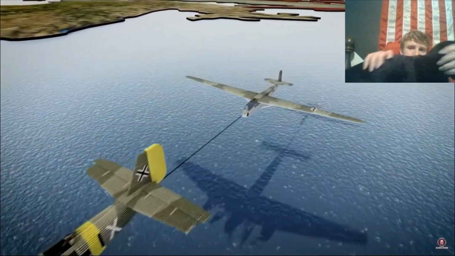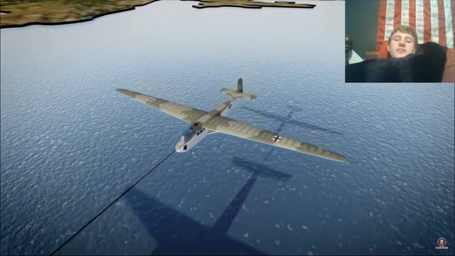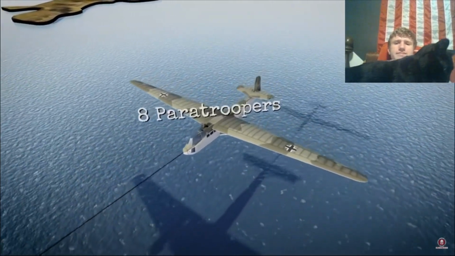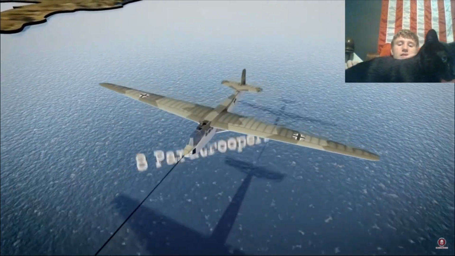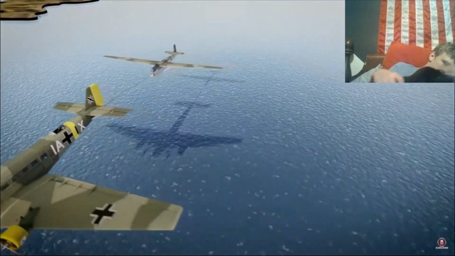The DFS-230 was a glider with a speed of about 100 to 120 miles per hour that could carry 8 passengers, one of them with the ability to fire a machine gun through a hole on the fabric on the right side. On the sea, Student would be aided...